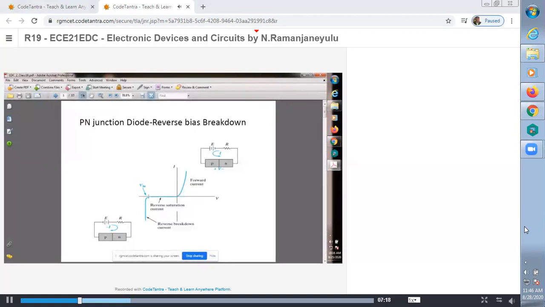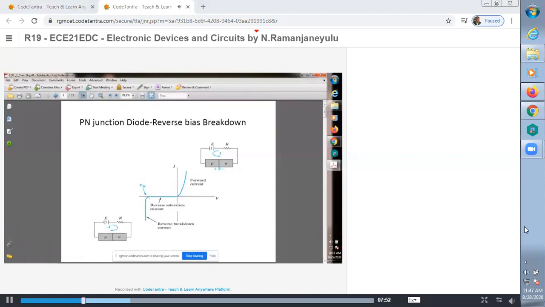Okay, in a normal diode, we operate the device at less than breakdown voltage. In a normal PN junction diode, we operate the diodes below breakdown voltage. We do not operate the diode at greater than breakdown voltage. If greater than breakdown voltage, what happens is the normal diode may get damaged, as it cannot handle that much power.